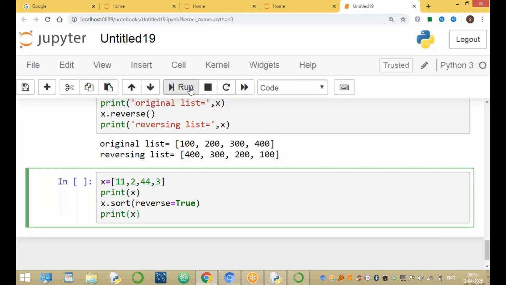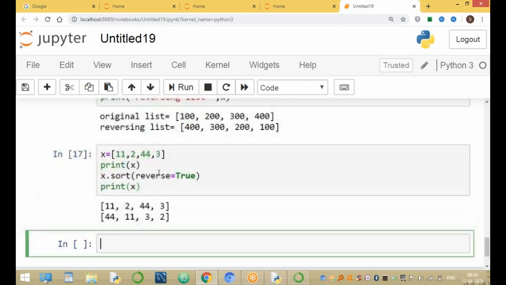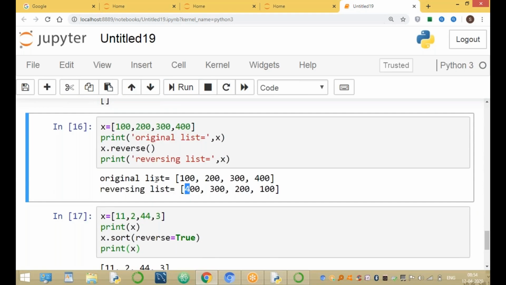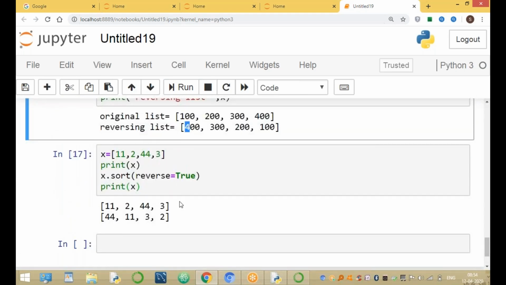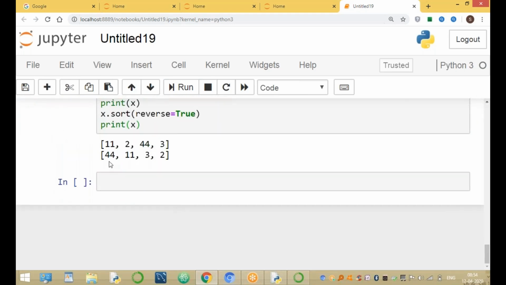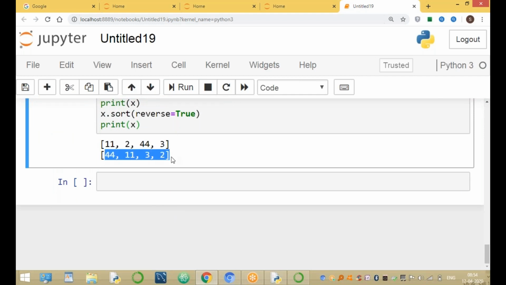Print of x. Now run the program. Here, with reverse equal to True, the elements are sorted in reversing order: 44, 11, 3 and 2, in descending order.